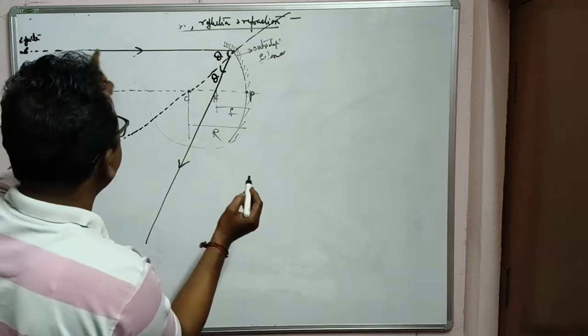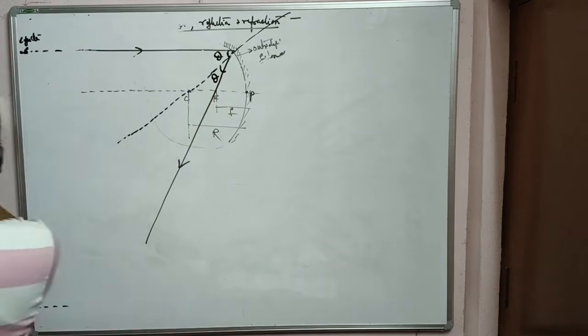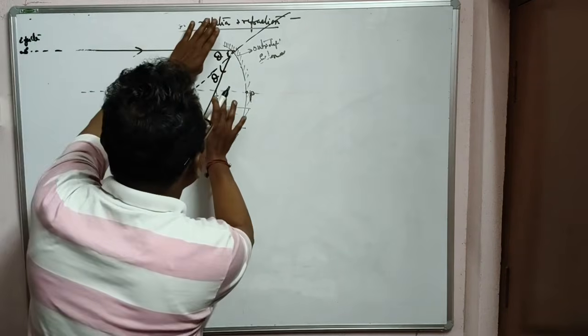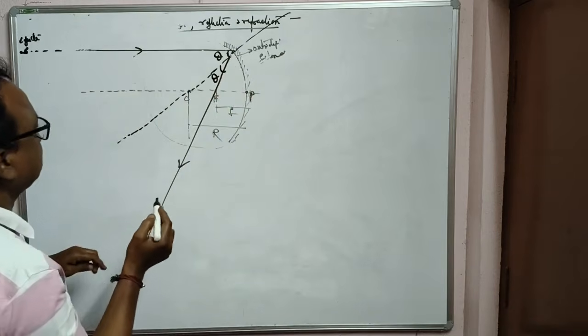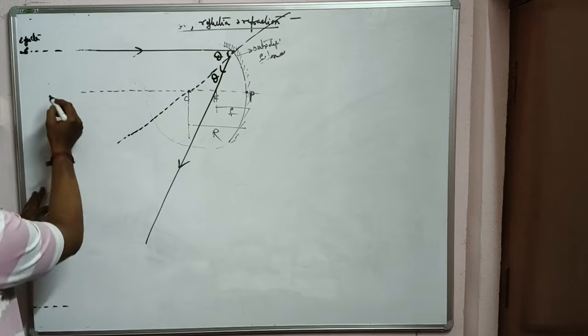When rays from infinity are coming, you can see this is the center, this is the focus. That means somewhere the object is at infinity. Infinity means always the light rays are parallel. So it is going through focus. Clear? So what I will do here, I will take some